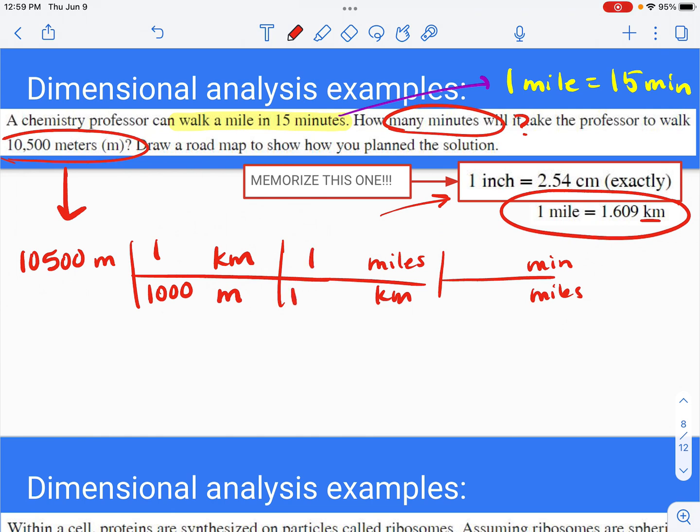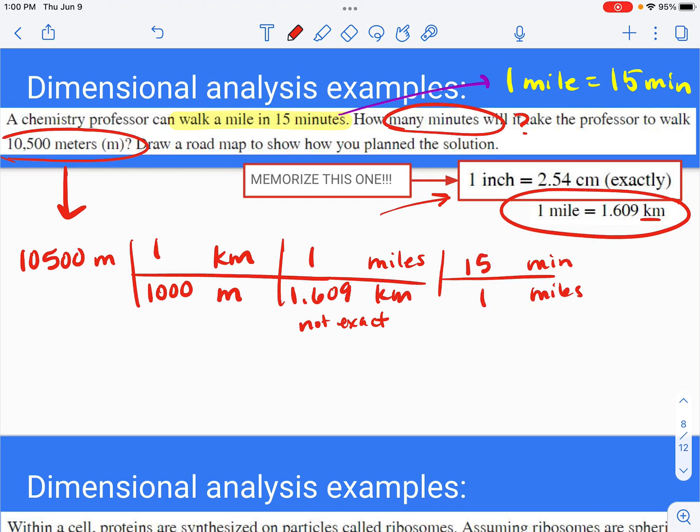You have 1 mile is 1.609 kilometers. This is not exact. So from that, the 1 mile is, but the 1.609 is not. So you have 4 sig figs there. And then 1 mile, 15 minutes. This is not exact either, which leaves us really with 2 significant figures from what we have here and 3